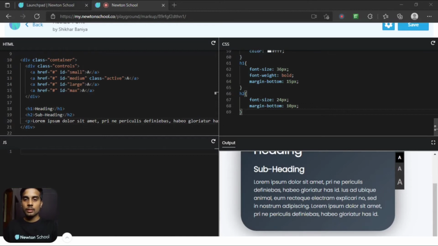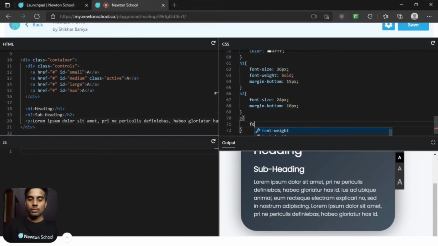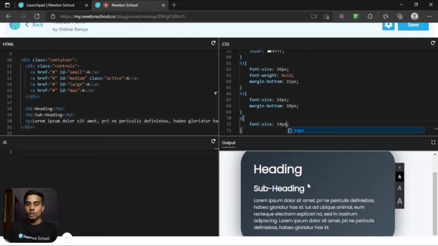The font looks great, but let's change the font size to 14 pixel. This is the size according to our medium size. So this is 36 for H1, 24 for H2, and 14 for P. This is the styling for the medium font size.